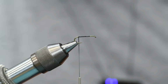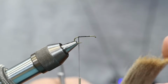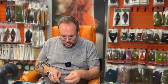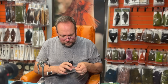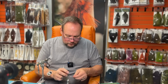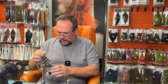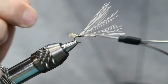Not very often would I use deer or elk hair for a tail. The biggest reason there is when you tie this in. Let's just go ahead and do this just to show you. This is a clump of yearling elk that's just sitting here on my desk. So if I take this clump of hair and stack it up for my tail, and I've got 14-aught thread in my vise here, and I anchor it down, that tail is going to flare